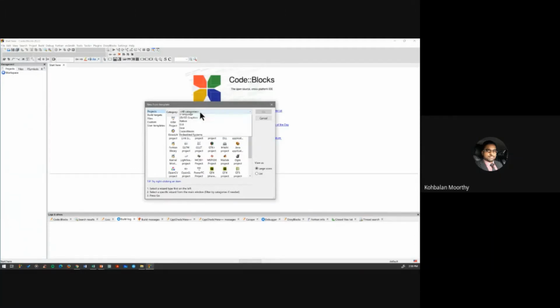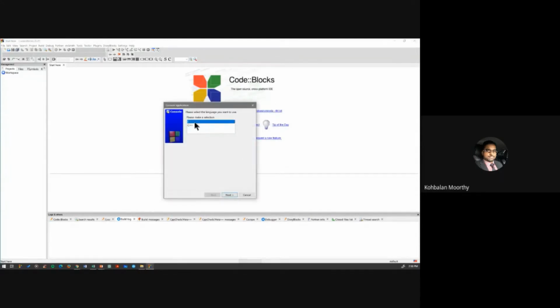First part, of course, search or select console and click on console application. So you will be doing console application. Click go and select C. We are not doing C++. The syntax, or I would say the statement, is different. In C, to display on screen, we use the word printf. In C++, it's called cout. Yeah. So select C,